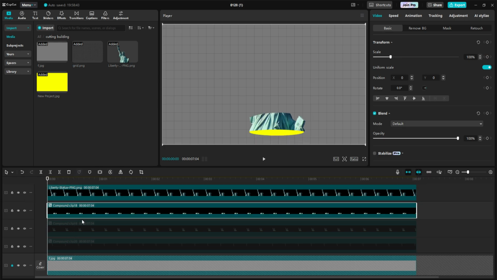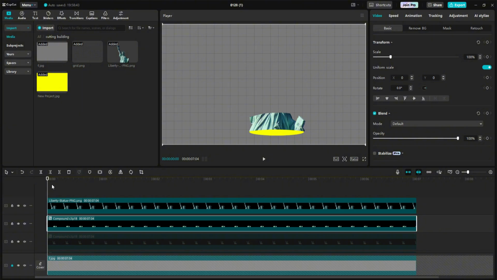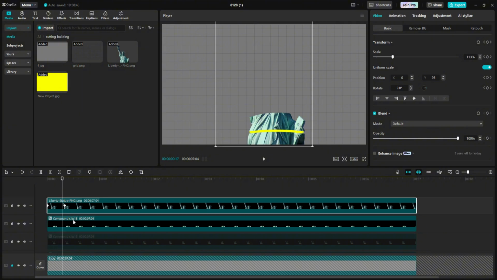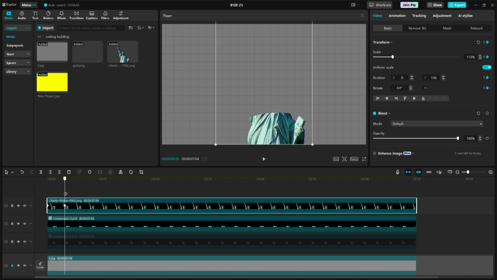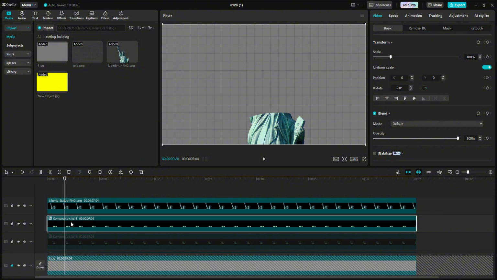Now let's move on to the second part. Let's trim the duration to align with the second keyframe in the first layer we created earlier. After that, let's add 3 keyframes here with 20 frames between each.